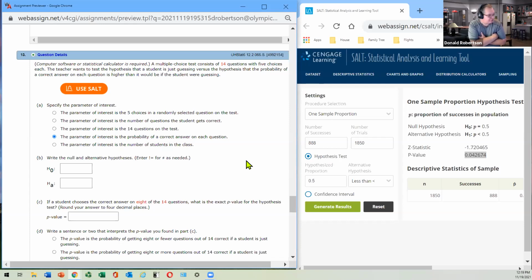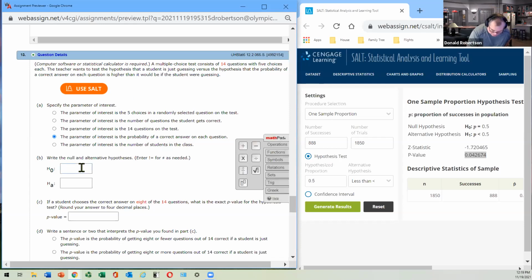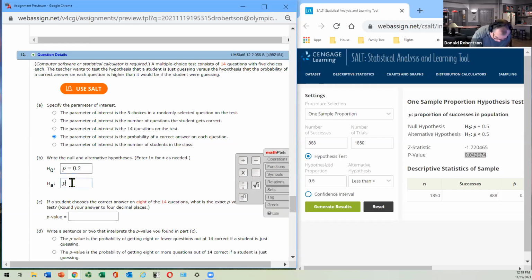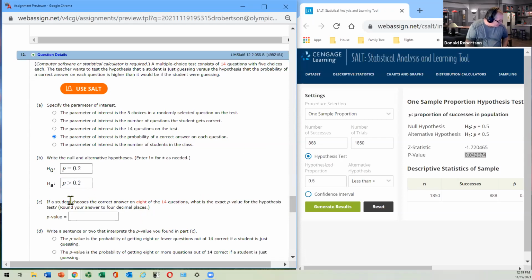Because if there are 5 choices, wouldn't his guess be P equals 1/5, which is 0.2. But if he's not guessing, if he actually knows what the answer is, won't it be greater than 0.2? So that's the null hypothesis, he's guessing, 0.2. And the alternate is that he knows what he's talking about. So his chances of getting it correct are better than 0.2. And we've got all the information here that we need now to do the hypothesis test, which is what's happening on